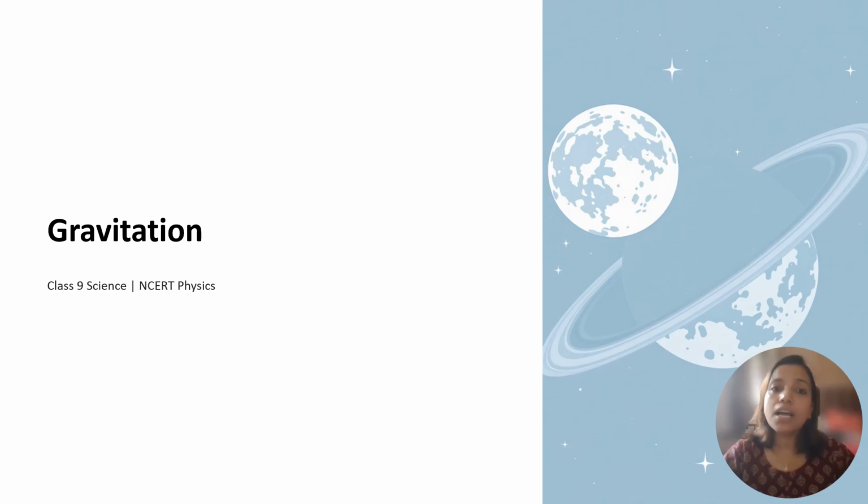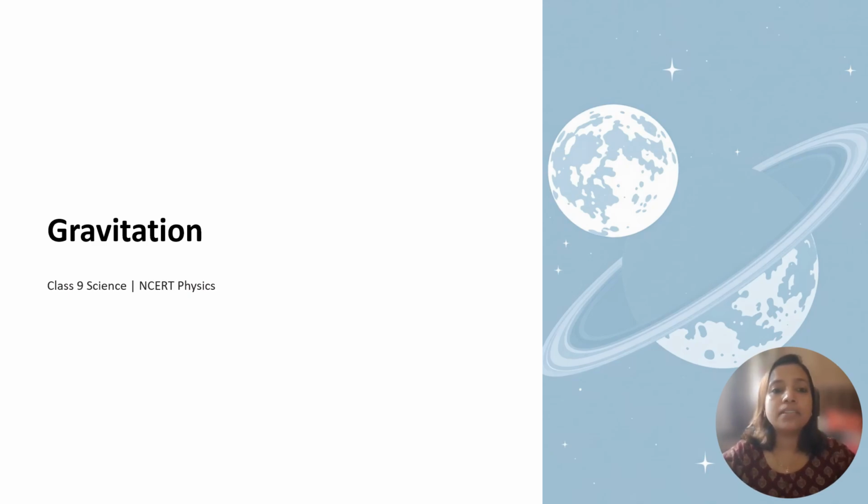Okay. Then again, we can see that the moon is rotating around the earth. Then the planets, like earth, all of the planets are rotating around the sun, right? So if earth is attracting every other object, that means earth can attract the moon as well. So there might be a chance that the moon falls on the earth surface, but that doesn't happen, right? The moon rotates in its own orbit.